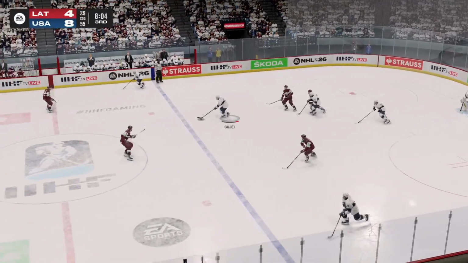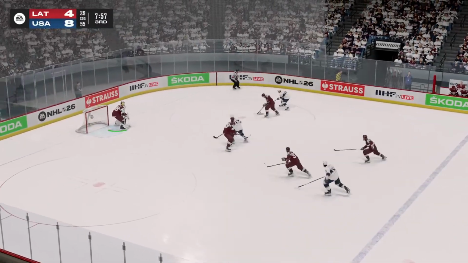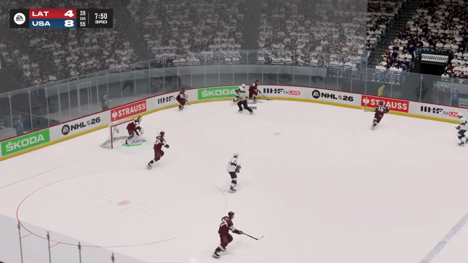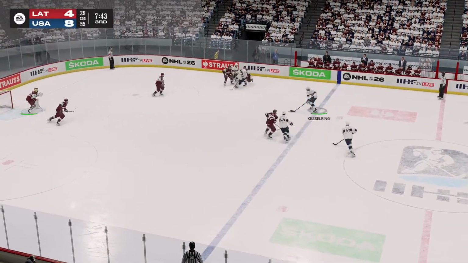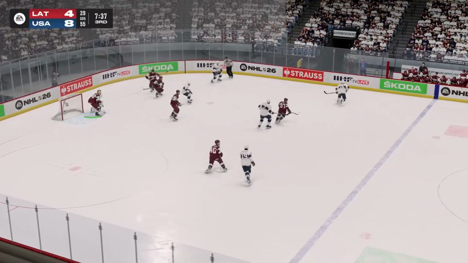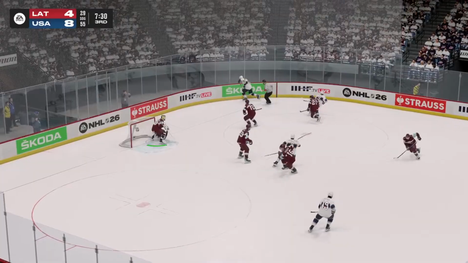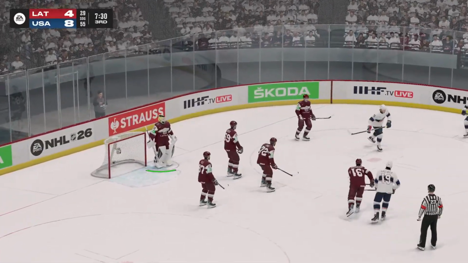And the United States gains control in their own end. Clayton Keller working with Shea. Keller tried to feed it inside. Good stick by Yax. Balsers now here for Latvia. Pindle on the boards. Kept in by Kesselring. He cuts inside off a skate. Didn't get a clean shot up. Kept alive by Shea. Inside Kesselring. Tipped away and out of play. 7:05 to go here in the third.